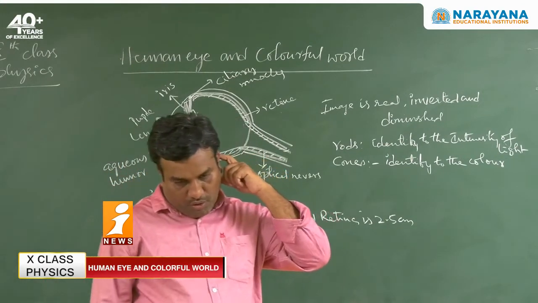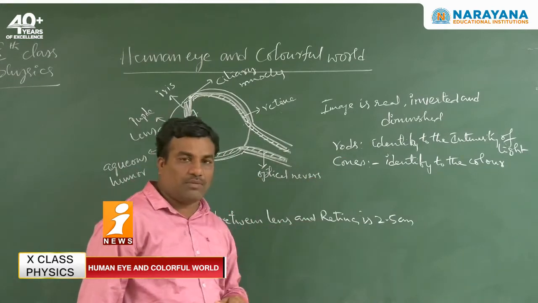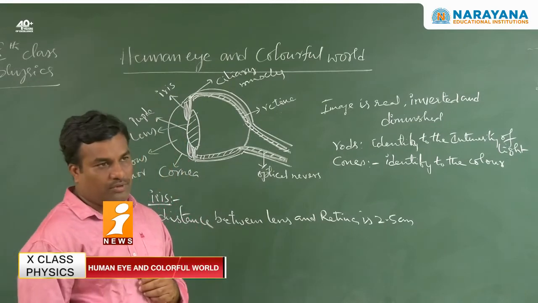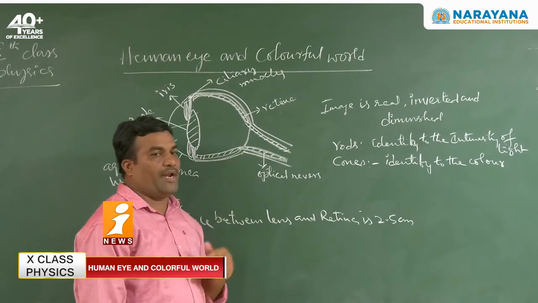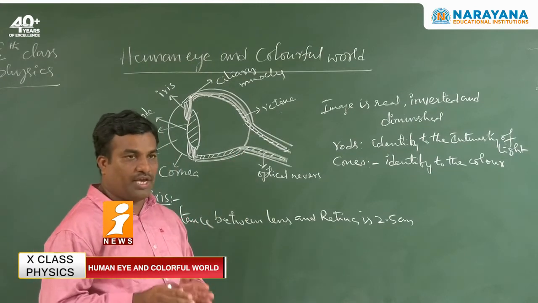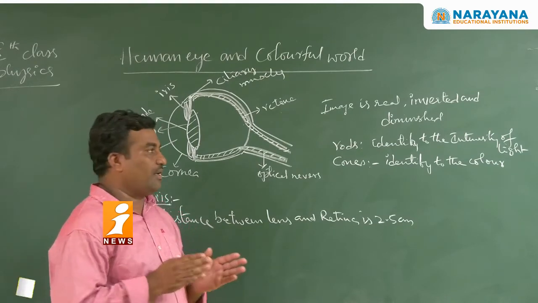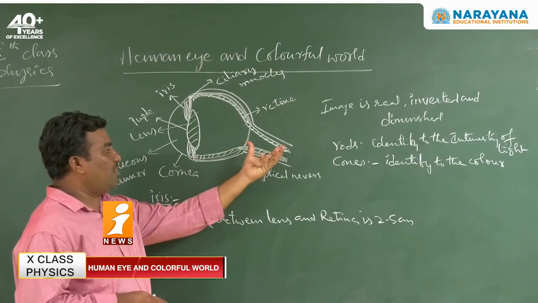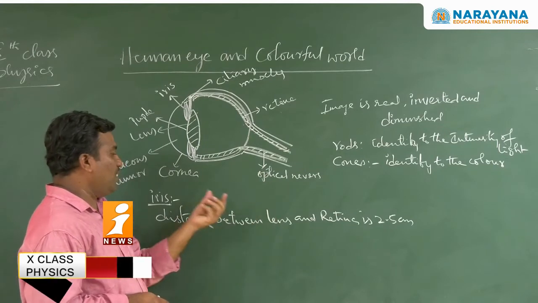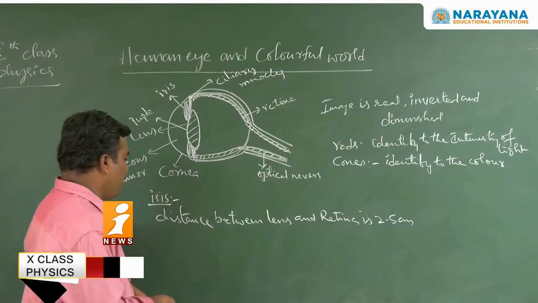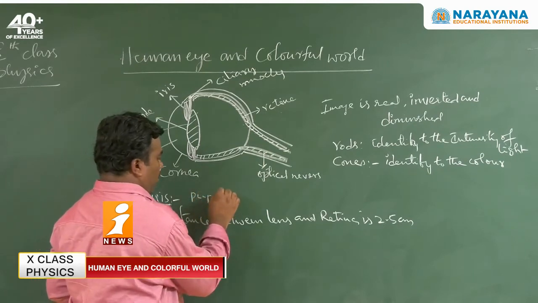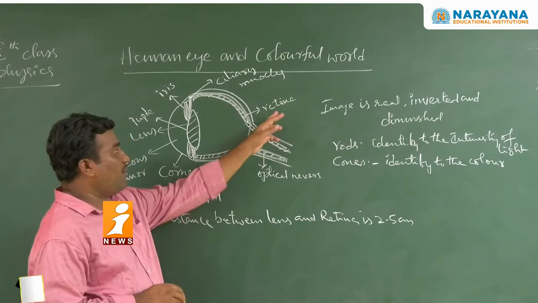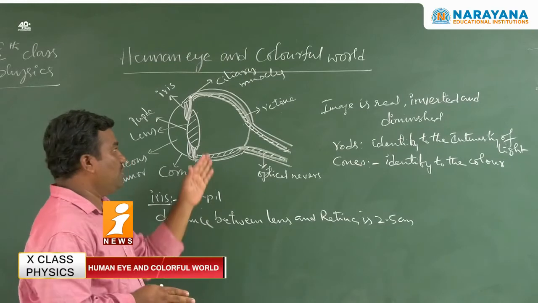So generally when rods and cones are stimulated, this is transmitted to the optic nerve. That optic nerve goes to the brain. So we are getting perfect shape and size of images on the retina. Okay, these are the structure of the human eye. Again we can observe here: retina, optic nerve, cones, rods, and iris, pupil. Pupil appears black. Iris is controlling the pupil, and retina is where the image is always formed.